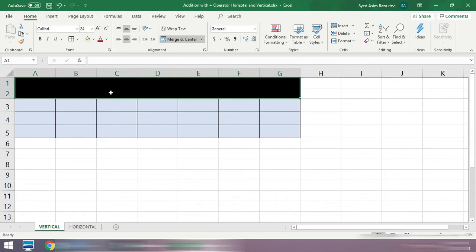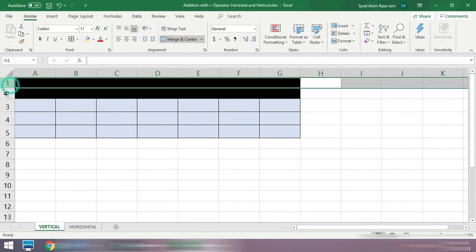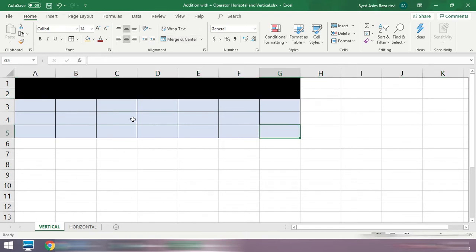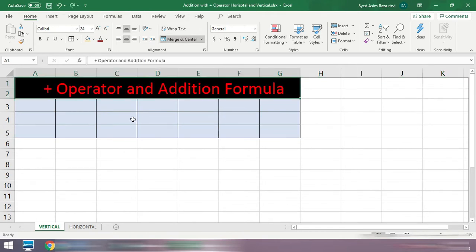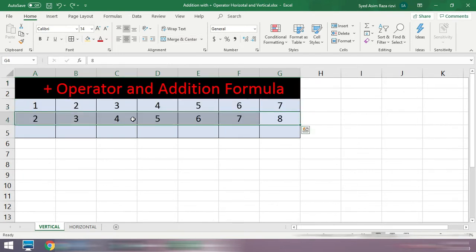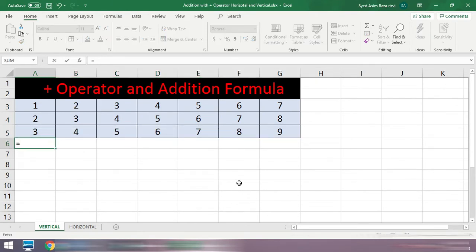Alright, dear students, we have this table. We have merged these two rows, row number 1 and row number 2, and then the range is from A1 to G7. We are going to enter a title to this table. We are going to enter some random numbers in it, and then we will write a formula here, equal sign,